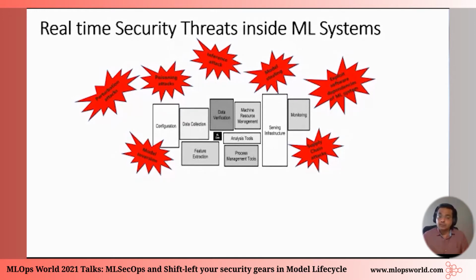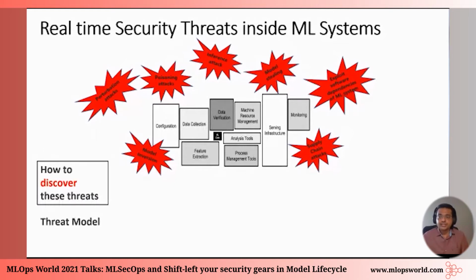So now the big question: how to discover these threats? The short answer is threat modeling, an activity that I have been doing for a long time now. But what is threat modeling? It is a practice to essentially assess the threats in the system and evaluate the eventual risk from a technical perspective and from the perspective of business, with the goal of identifying what can be done to make those risks acceptable. To understand threat modeling in detail, I'm going to give a paper as a reference,